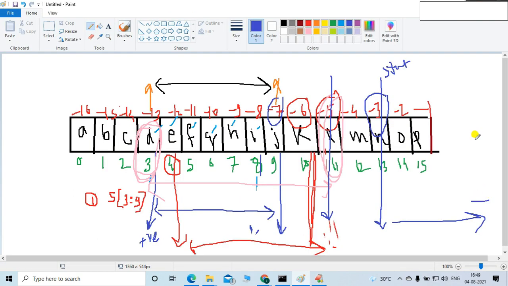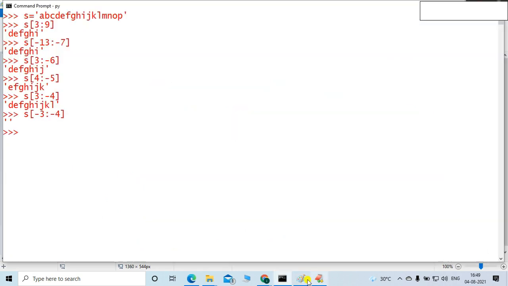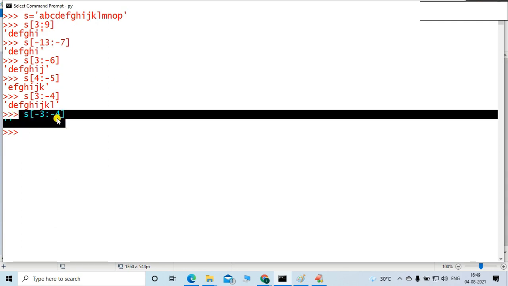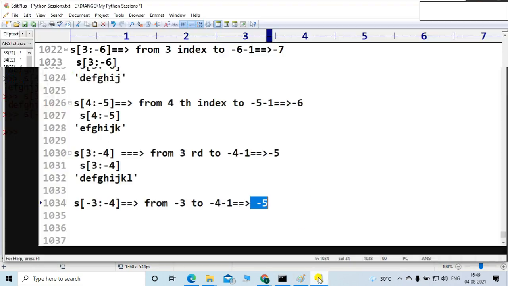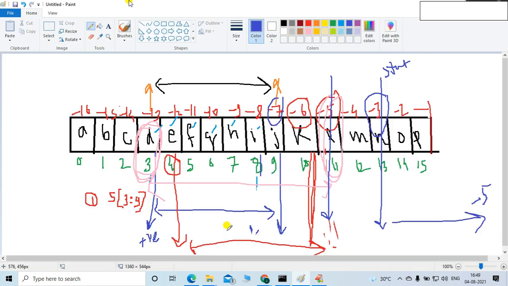Is there a -5 location in this direction, friend? No, there is no -5 location in this direction. That's why the result is null, friends. Because no -5. We have to start from this direction, and we have to end at this direction, right?